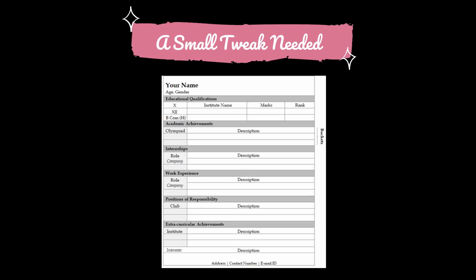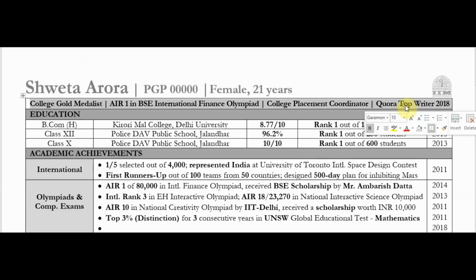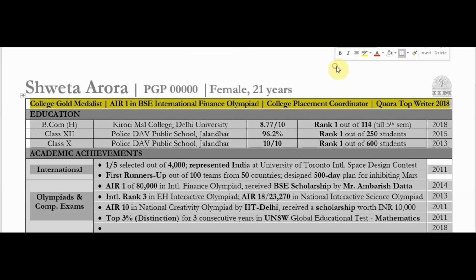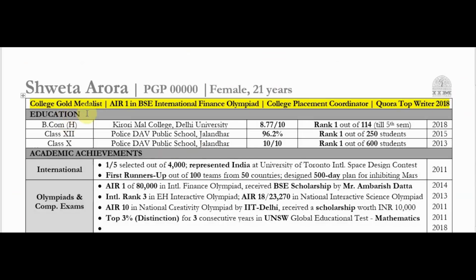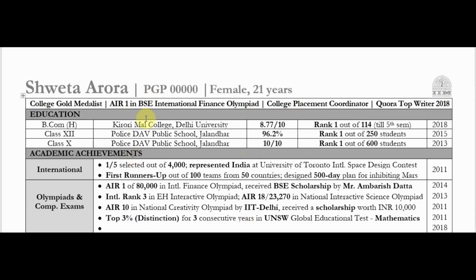So, if you remember the CV format that I had shared earlier, there was one thing missing in this format which was there in my actual CV but not present in this format. That's called a header on the top. This header contains your top 2 or top 3 or at max top 4 achievements. So I put the top 4 achievements of my CV in this header so that whenever a person starts reviewing the CV, this is the first thing that they get to see. This header also has another benefit. So let's say your academics bucket or your work experience bucket is not that good, but you do have some extraordinary spikes in your CV. So this header can help you compensate for those buckets which are not very strong.